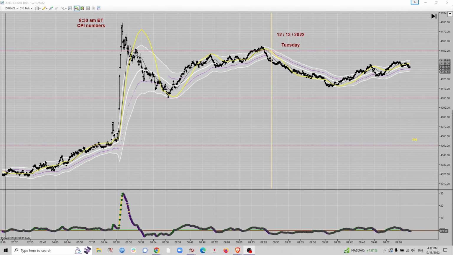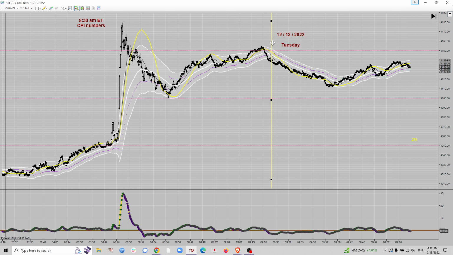It is the 13th of December, Tuesday, and we're going to look at a rather challenging session on the S&P 500 futures. This is the March contract for next year. We're already beyond the rollover. This is a 610 ticks chart, and the regular session here, this opening bell here, came on the heels of